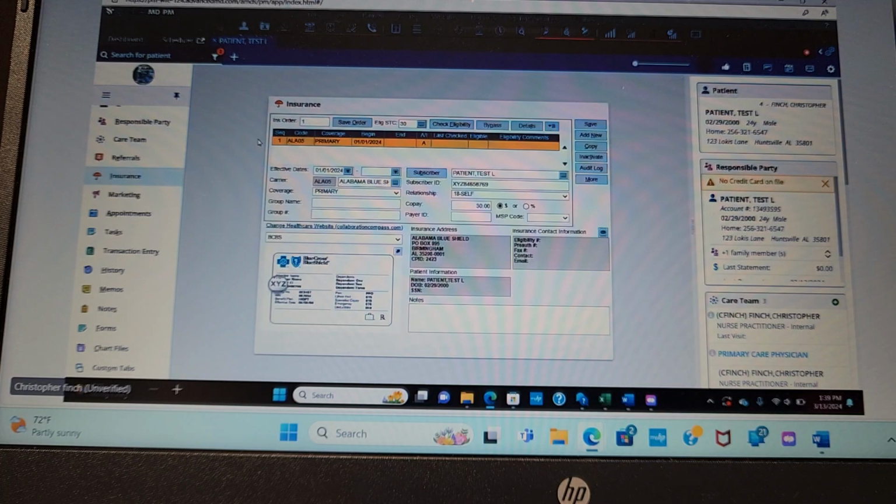Okay. To the right, you can see where you can click that check eligibility. It's not going to work right now because, of course, Change Healthcare is still down, but when you can click it, it's not going to do really much, but you can still click it. You can see that it will say the last time it was checked